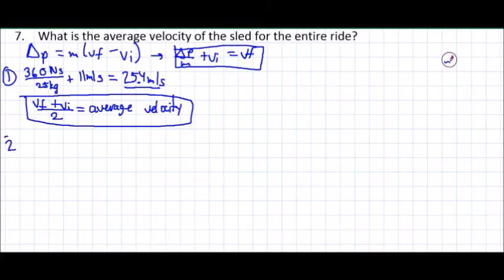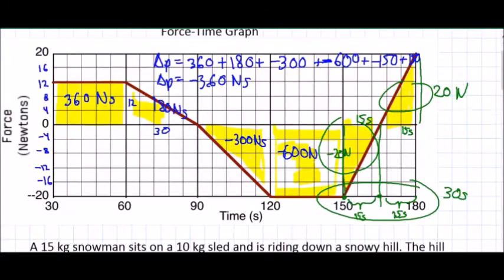Our second segment will be, again going back to this formula, 1 over 25 plus the initial, which would be 25.4 meters per second, which I got from this because the final velocity for this time segment is 25.4 meters per second. This becomes the initial velocity for 60 to 90 seconds. So the initial